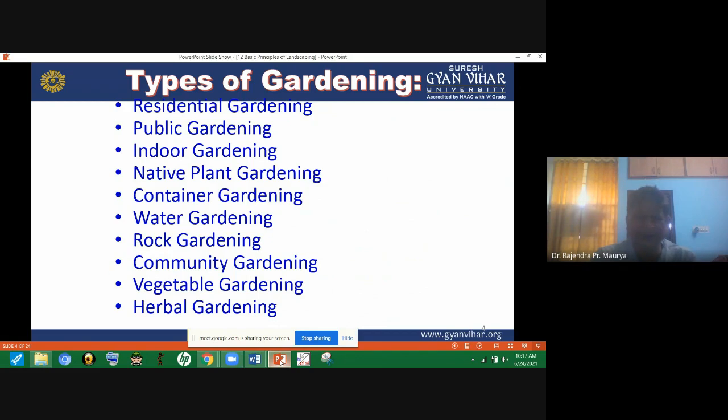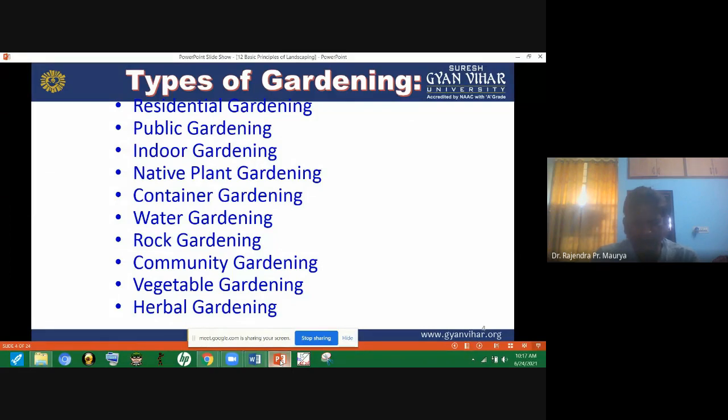Then container gardening. Container gardening is a kind of indoor gardening. In container gardening, we plant plants in containers. We can use plastic containers, fabrics, cemented or earthen pots, all these things.